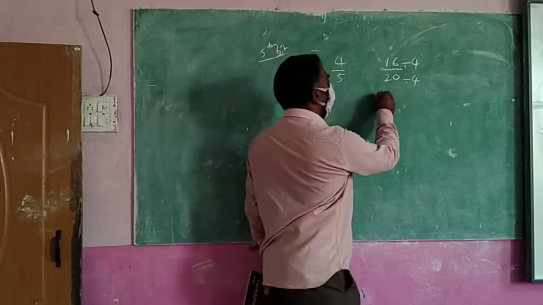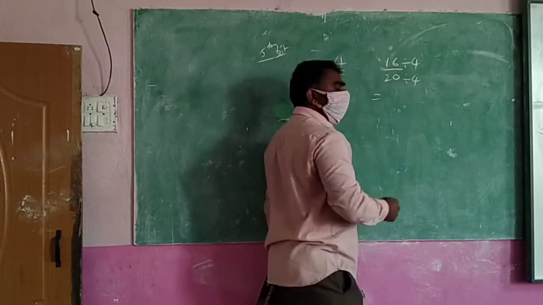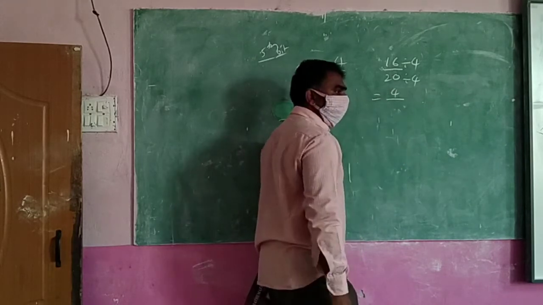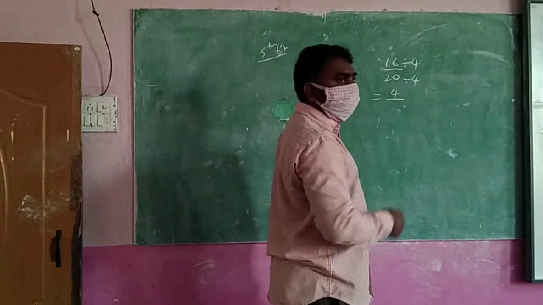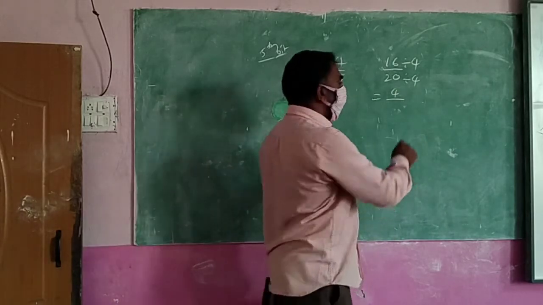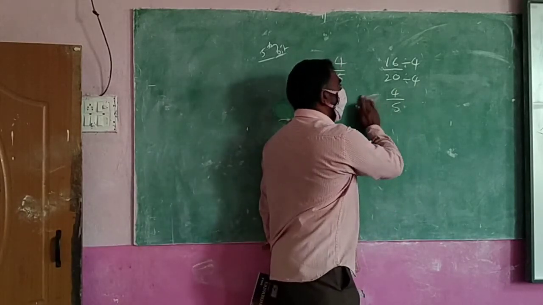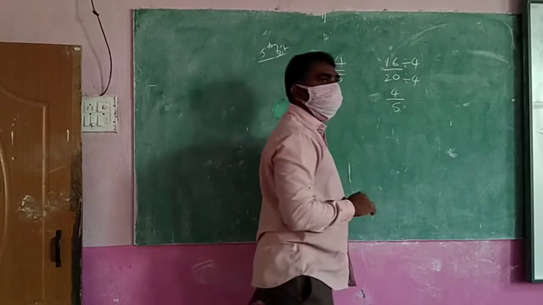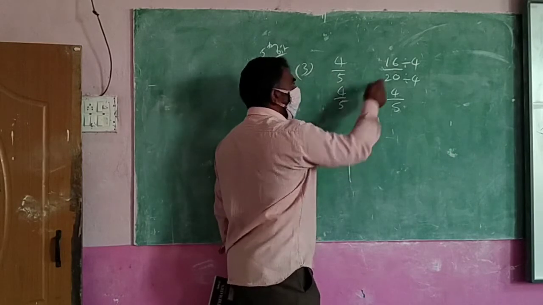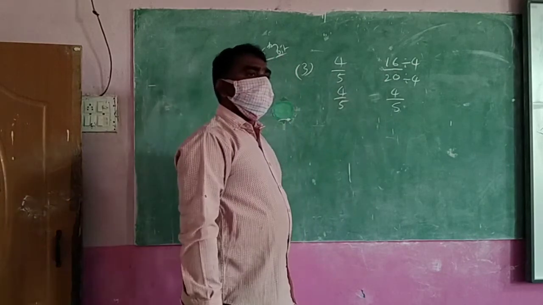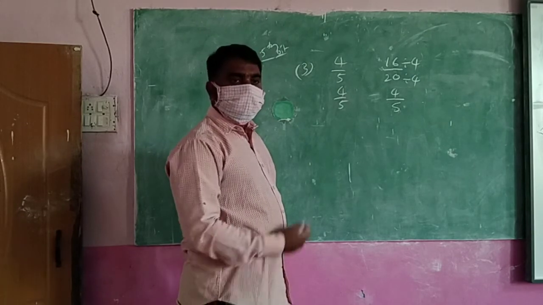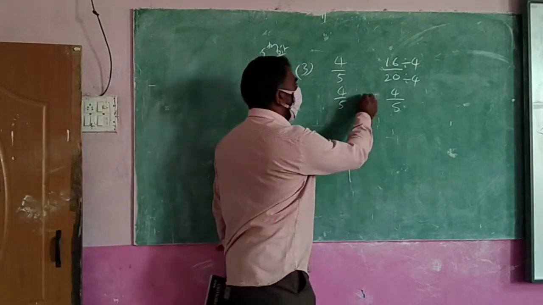How will come divide? 4 by 16. How the 16 will come in 4 table? 4 4s are 16. So answer what you write? 4 4s are 16. How many times are that you write here? This is 4 5s are 20. So what you write here? 5. So you see this is changed as 4 by 5, no? Yes. First one is 4 by 5. This is also changed as 4 by 5. Are they equal or not? Yes. Equal. Are they looking equal or not? Yes, equal.